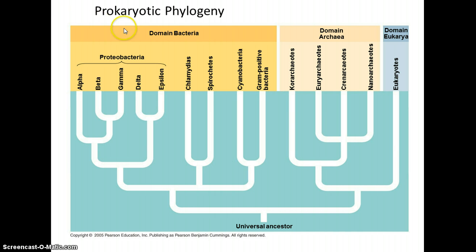Here's the family tree or phylogeny of different prokaryotes. We don't have to worry about these names at all, but I'll just point out a couple things. You can see here's the gram-positive bacteria, related to the cyanobacteria, which are the photosynthetic bacteria. Notice that it's thought that the group most closely related to eukaryotes are the archaea, and that at some point prokaryotes split into domain bacteria and then domain archaea, and then a branch broke off of that to form the eukaryotes.